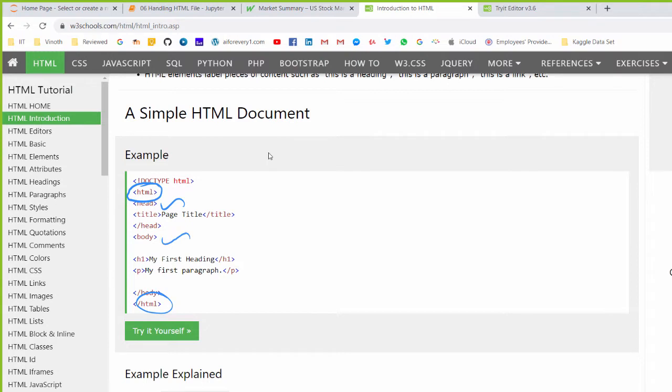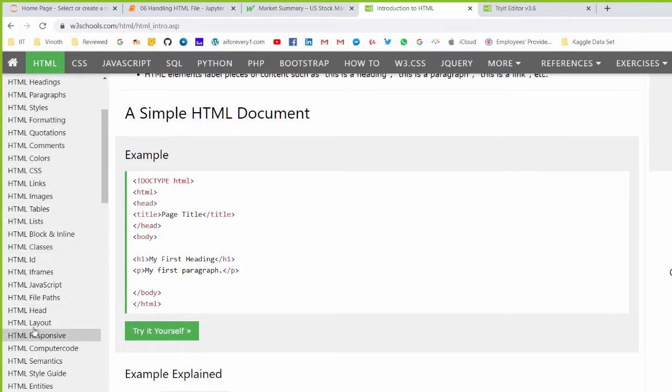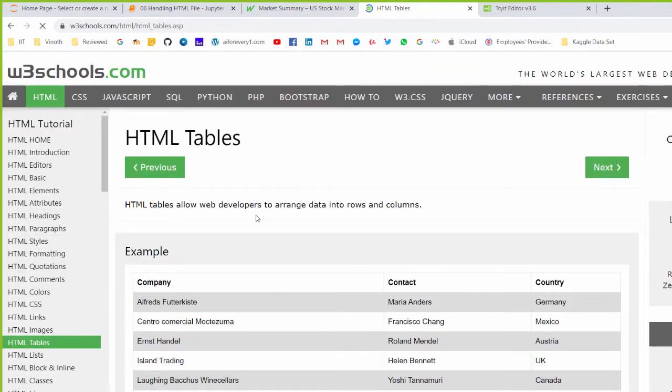Every tag is mentioned within the less than and greater than symbols with the tag name, and the end tag is mentioned with a forward slash. There are many tags available to design a web page, but our scope is to concentrate on HTML tables.